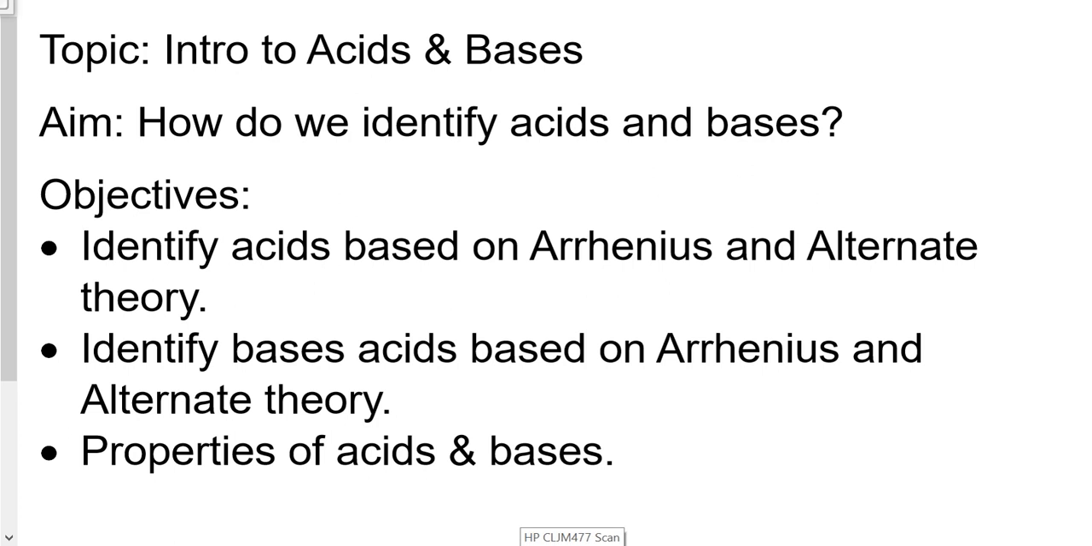Today's topic is Introduction to Acids and Bases. We're going to learn about different acid-base theories. I would highly recommend you have your handout, the one that was given to you in Google Classroom. Have it out. If you haven't downloaded it, make sure you download the file so that you can